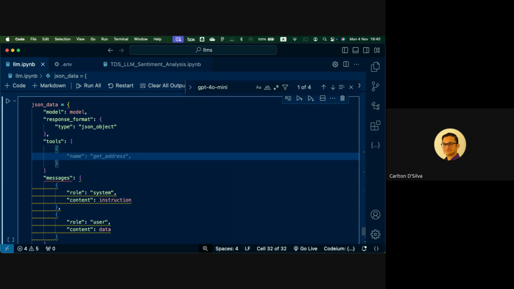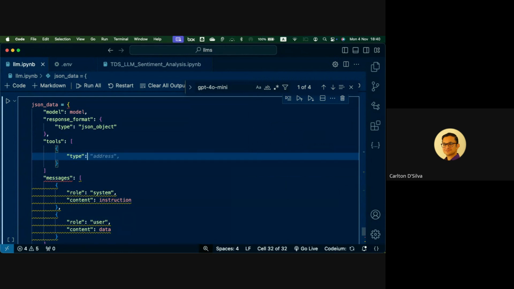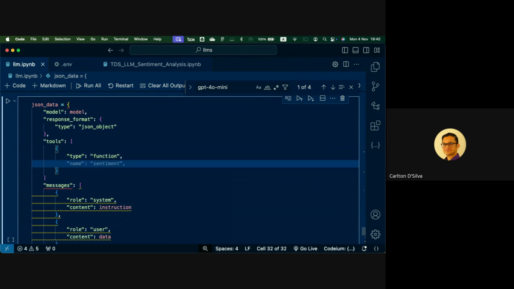So there are some tools. And then we will say type. What type is this? A function. This is one of the tools. And then we have to describe this function. This is like in Java we give function definitions.